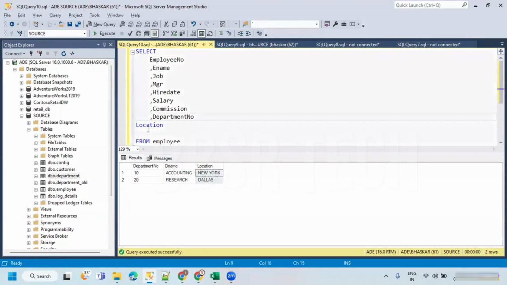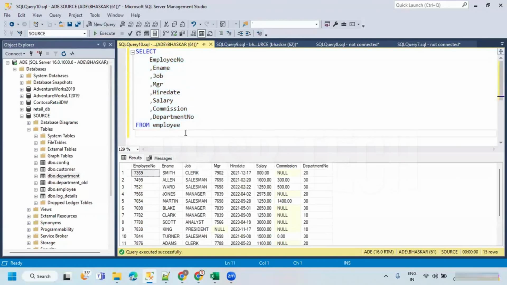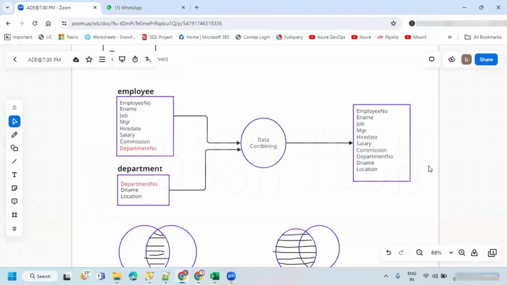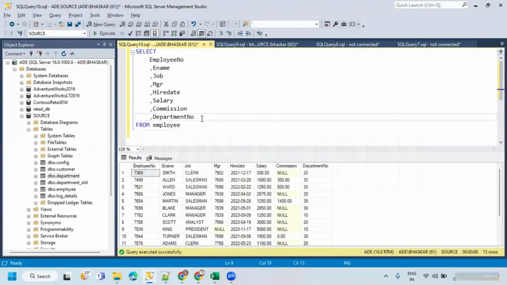If I take out these two, I can get the data from the employee table. But I need the department name and location also. So if I add the department name and location,